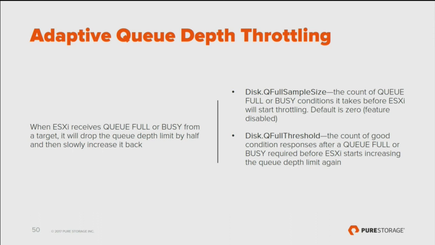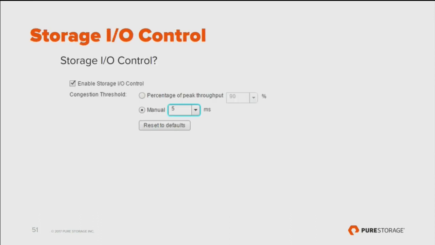What about other things to stop that from even getting to that point? So let's talk about storage I/O control. There are many sessions in the past about storage I/O control. We could talk for probably hours about how this works. But at a high level, what storage I/O control does is that you can set shares and resource limits and things like that on VMs in a data store. And if that data store gets overwhelmed,